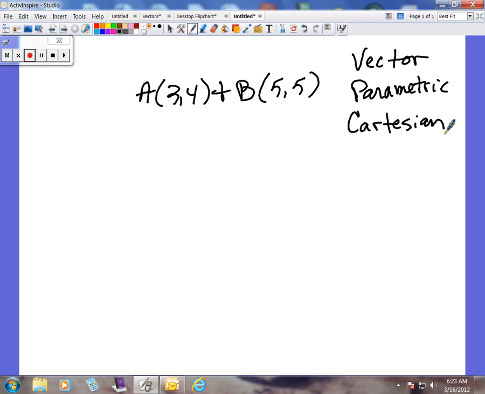Which a lot of the students don't know what that is, but it is the one they work with, or have been working with the most in algebra. It's the equation of a line. Now, let's do the vector equation first. We explained earlier. The vector equation